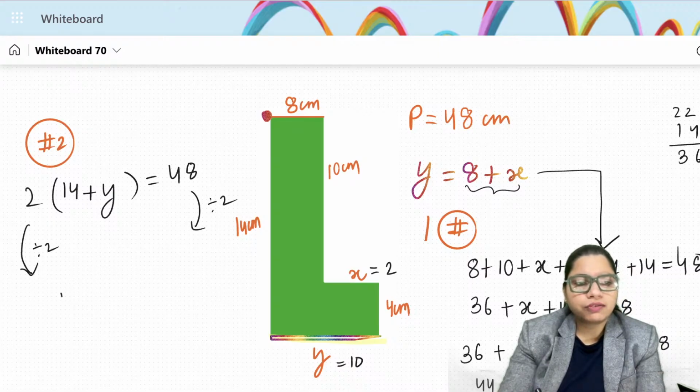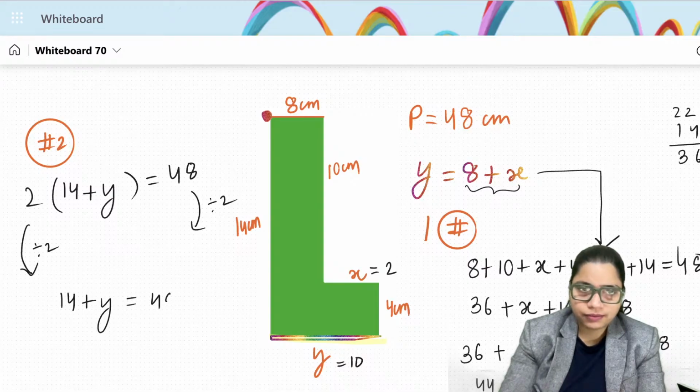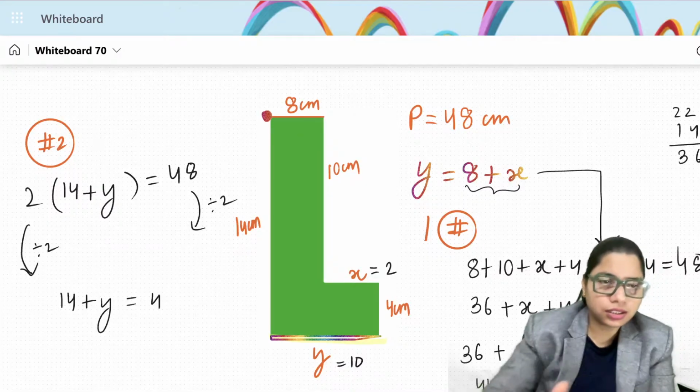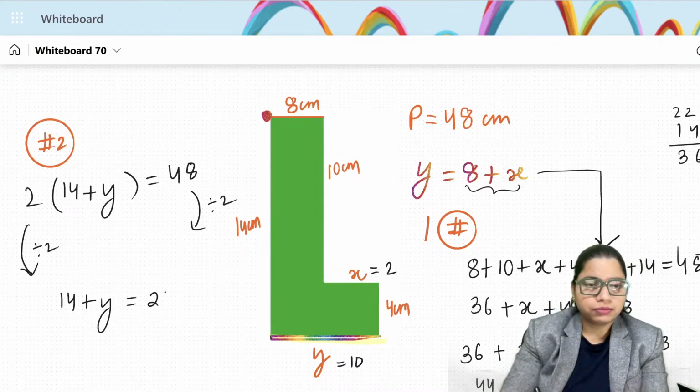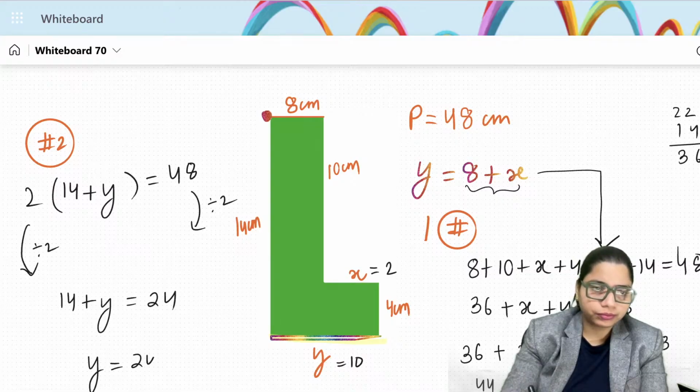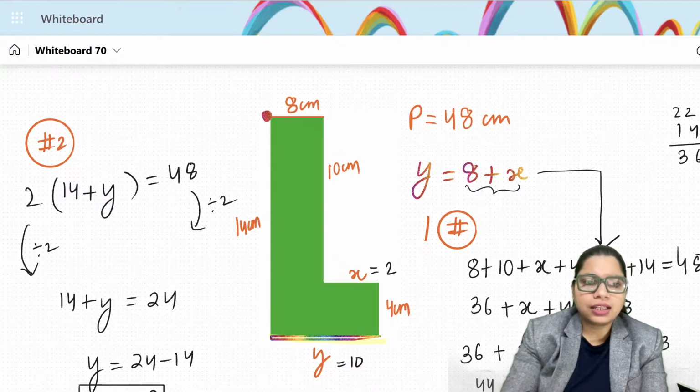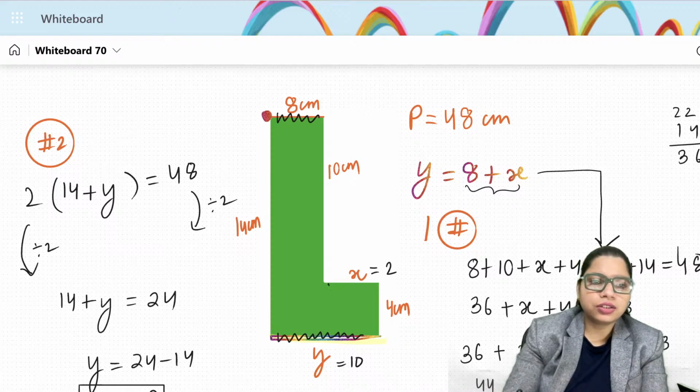You're going to be getting 14 plus y is equal to half of 48, that is 24. So y would be 24 take away 14. That's 10. If y is 10 and that one is 8 and this one is 10, obviously x is 2,